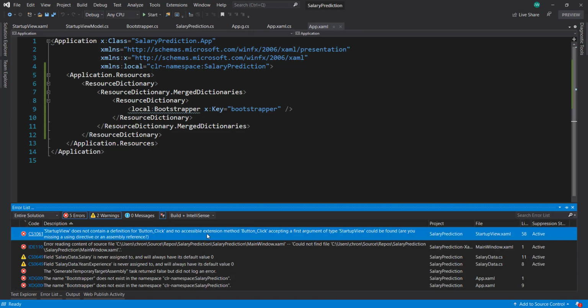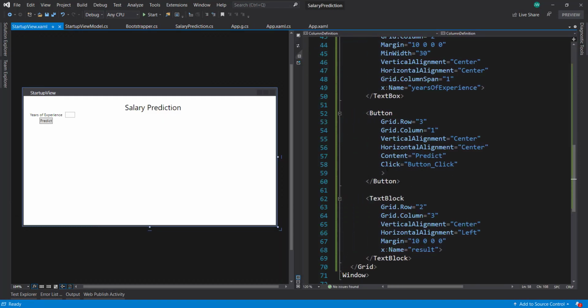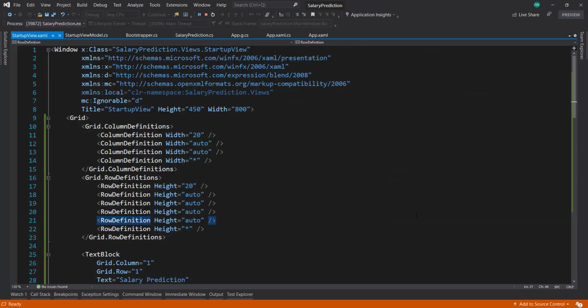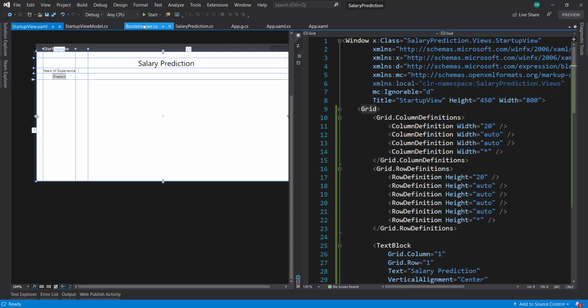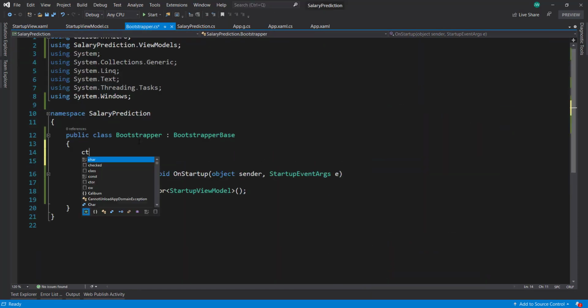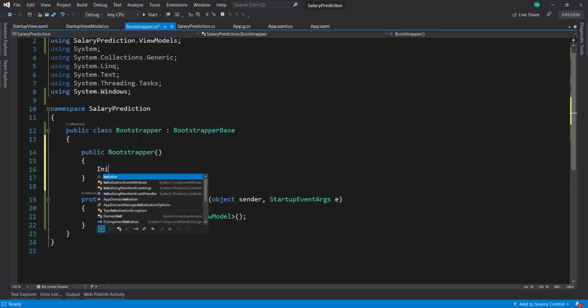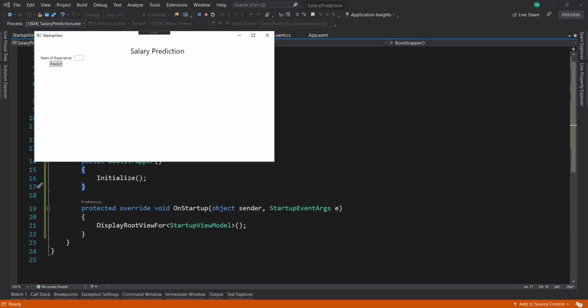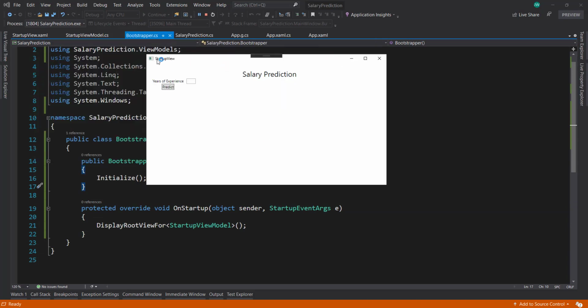Continue method for button click. Let's remove that. Okay, let's try this again. Alright, so we don't have anything here. I think I forgot in our Bootstrapper we need to put in a constructor and say Initialize. There we go, so that should work. So it starts up, the StartupView is our initial window, but if we try to predict,